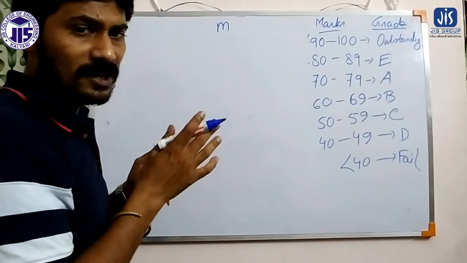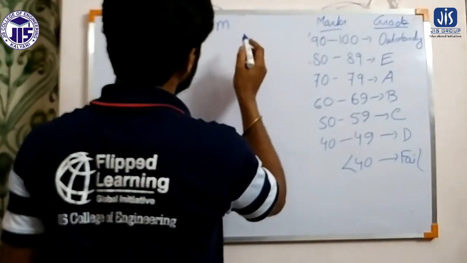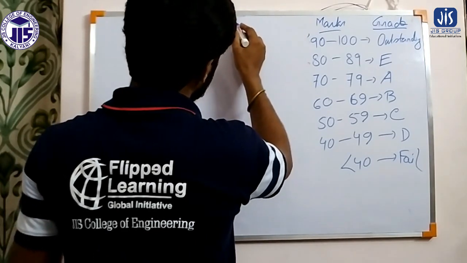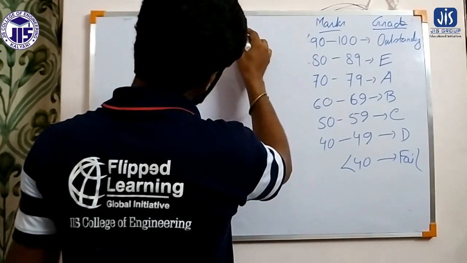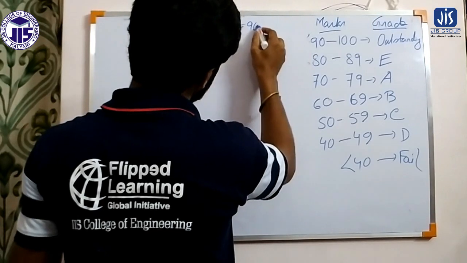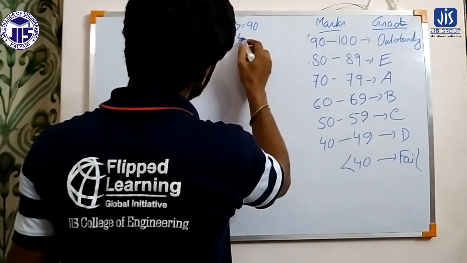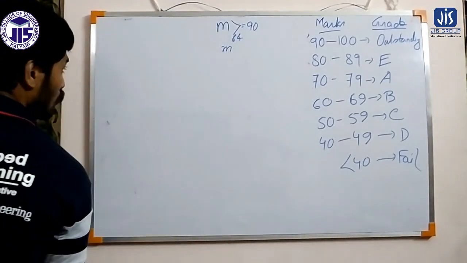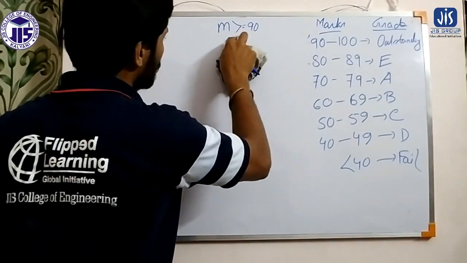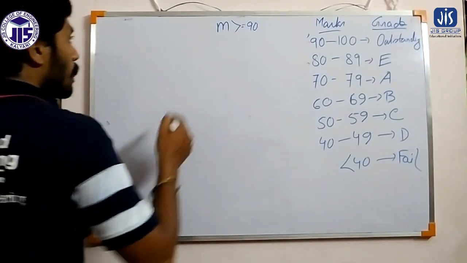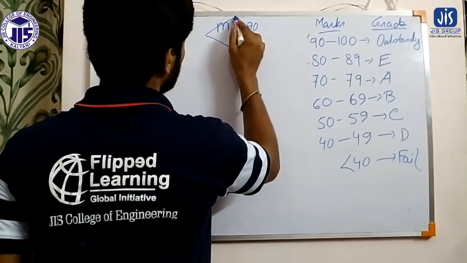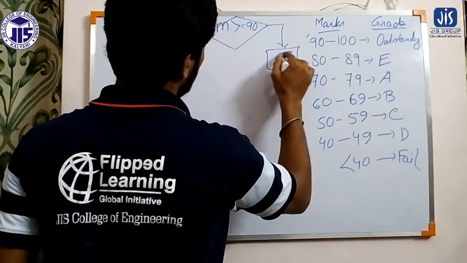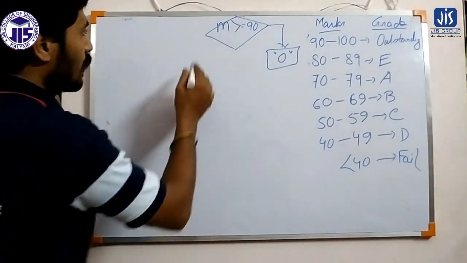I am merging the condition here in that format. If the marks is greater than or equal to 90, that means it is 100 also, then we can say the grade is O. The grade is O. But if it is false,